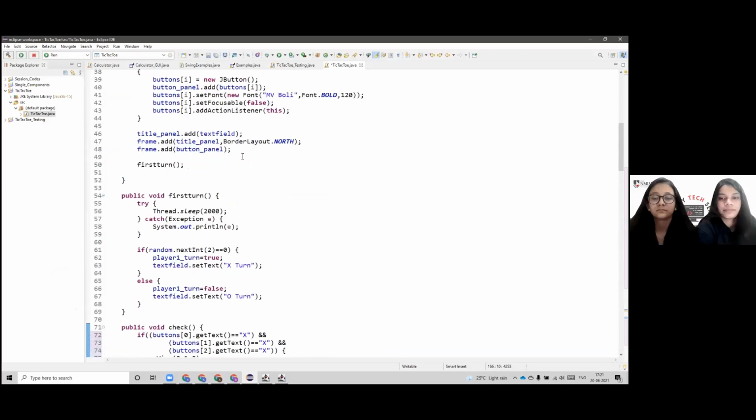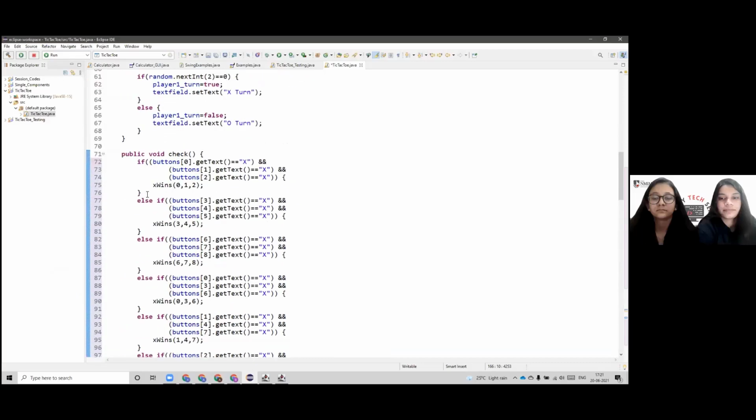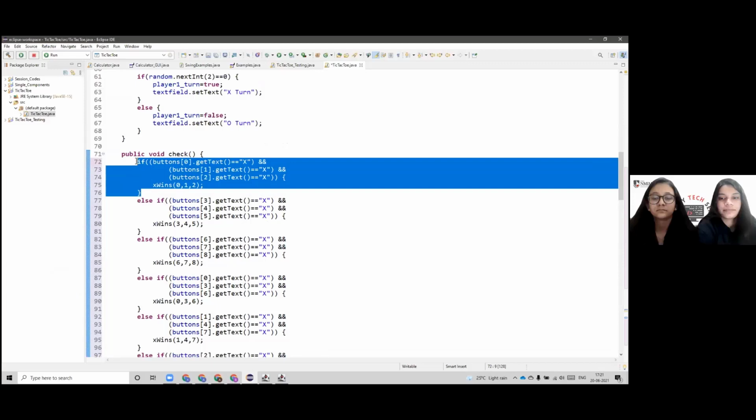Actually, what we need to do is check to see if each of the winning combinations has text that all matches, but we are going to do a lot of copying and pasting though, so it shouldn't be too bad. In the if statement, we have the button text being checked for the positions 0, 1, and 2.